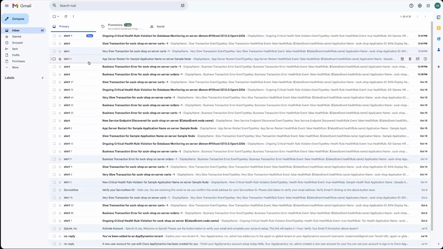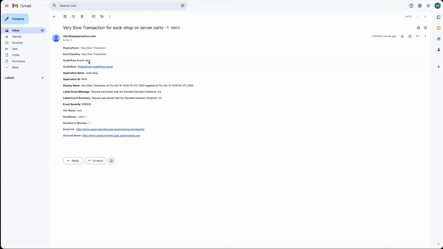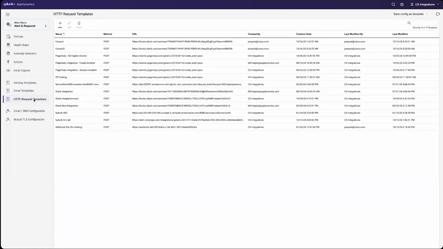So let me go back. We're going to go back to AppDynamics, and we're going to do the same thing with a payload, a webhook payload, if you will. We're going to look at PagerDuty. I did want to point out, because I saw a lot of ServiceNow in there, this is the template